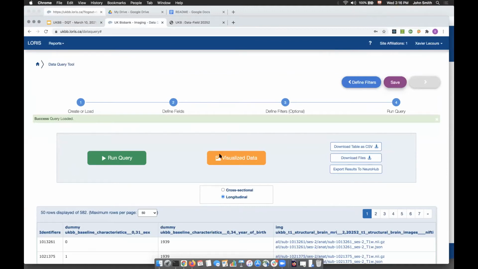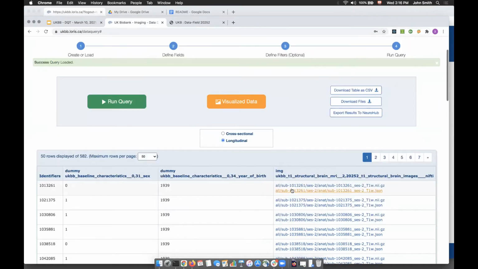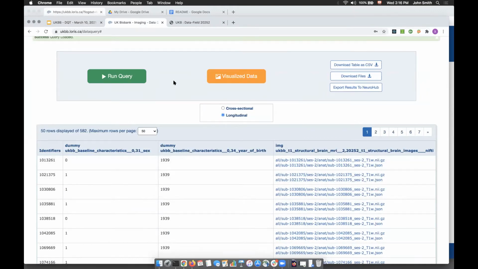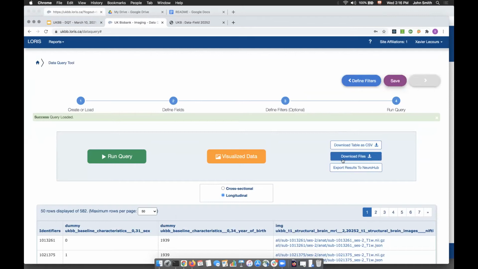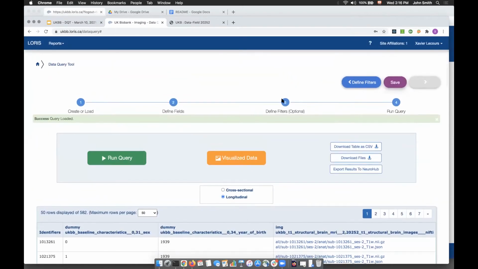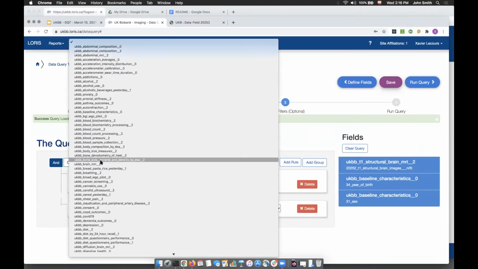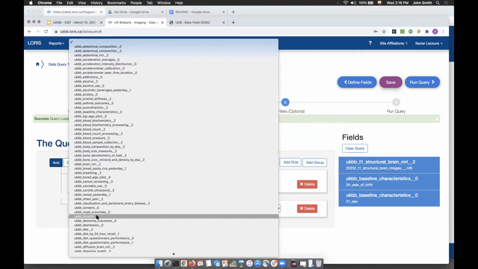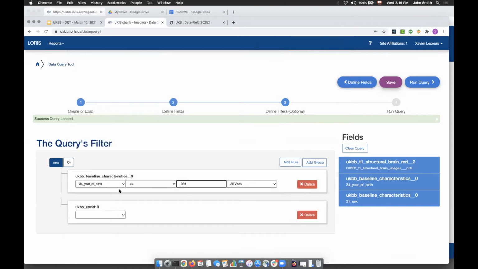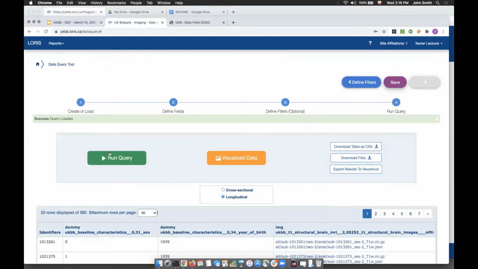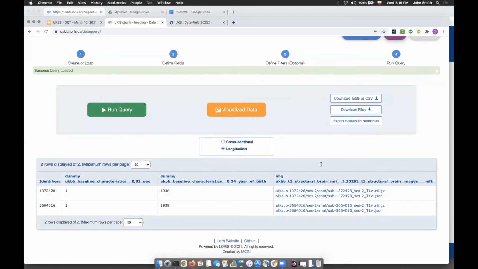Yes, okay, thank you. Basically, in the DQT, there's the download as CSV button, which downloads everything there. You can also download all the files. That's one of the reasons why I've asked to add a filter, because downloading a few hundred files takes time, and I would like this to be successful for everyone during this presentation. So I'll go back here, run the query. Now back to file.